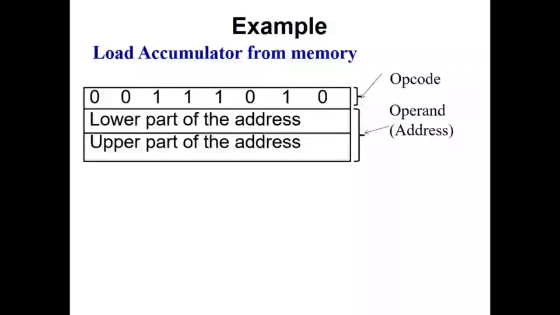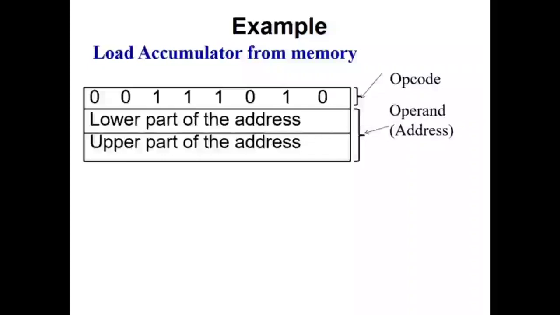Now, when we are writing a machine language instruction, we mention the lower part first and then the upper part. So we use this format. First, you mention the opcode, then the lower part of the address, and then the upper part of the address. Okay. If I can give an example, suppose I have an address, let me say